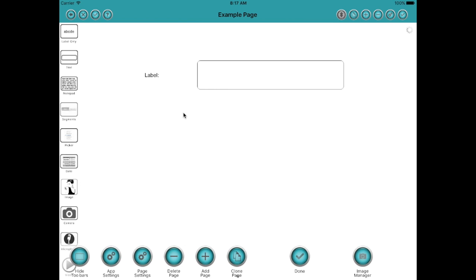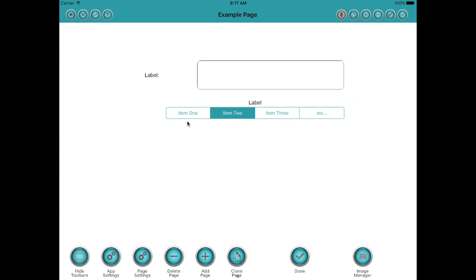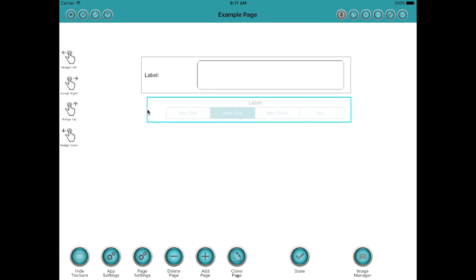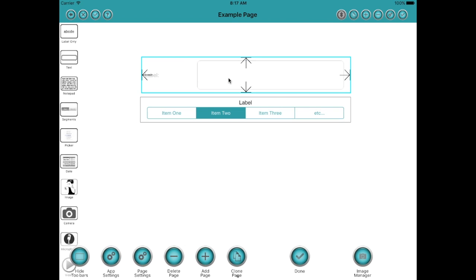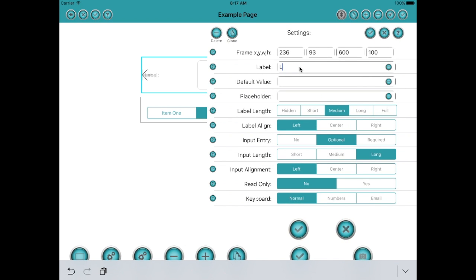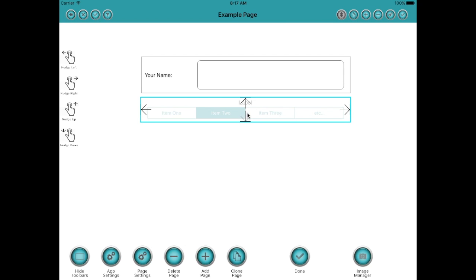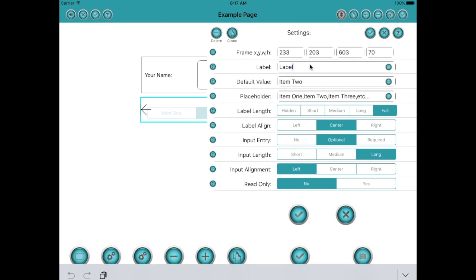and we'll drag on a segmented control and size it again using the drag buttons. There we go. And this is to show you the capturing of user input. So the label is important when it comes to user input, and you'll see why later. So let's give it a decent label. Even if you hide the label, you need a good label, because that's how you recognize this field in the